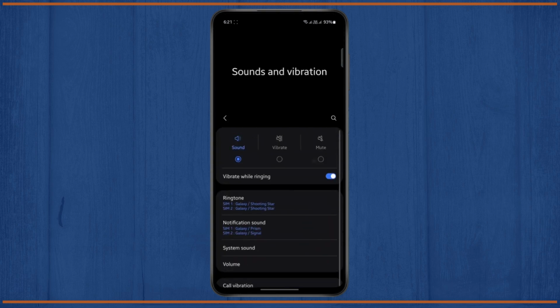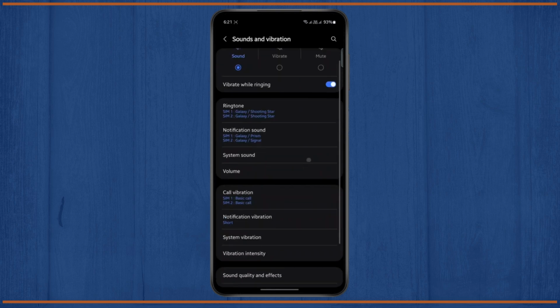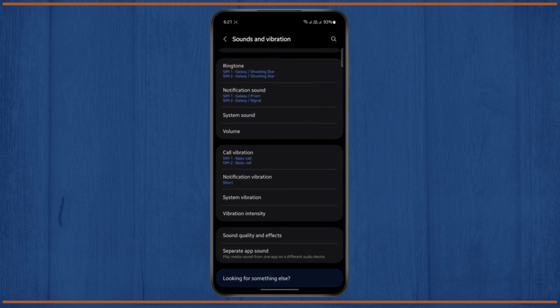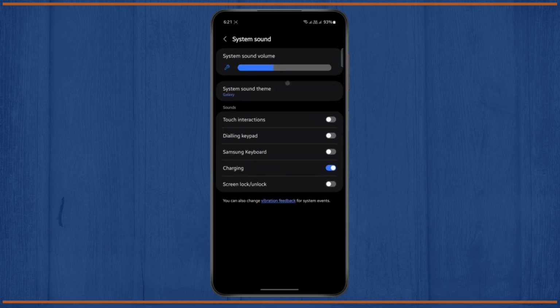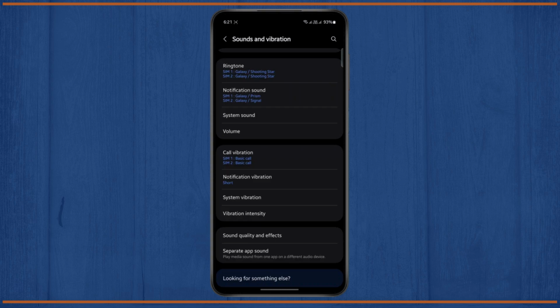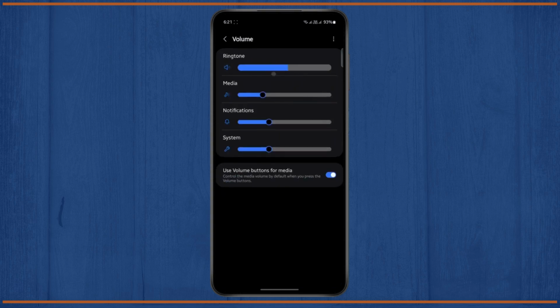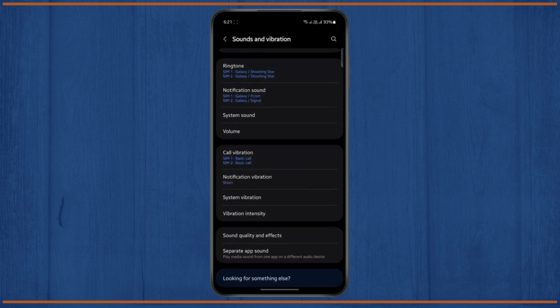Now, if you do this on your settings as well, you will be able to access everything. So if I tap on system sound, I can access this bar. If I tap on volume, I can access all of these bars right here as well. So that's how you can easily fix your